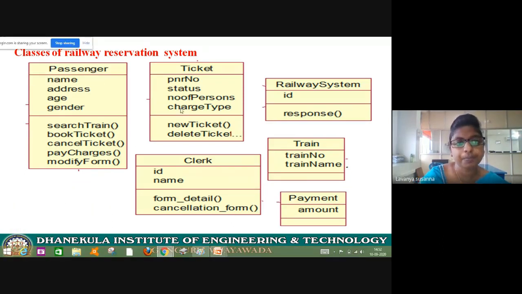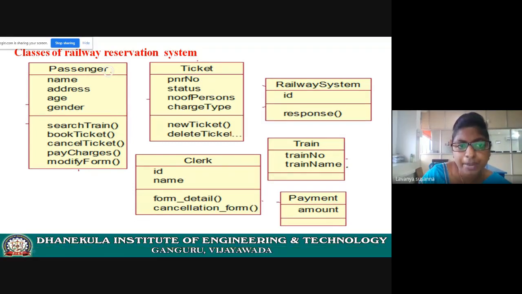Let us see passenger. There will be a passenger, right? Next, ticket, clerk, railway system, train, payment. Once again, the classes: passenger, ticket, clerk, railway system, train, payment.